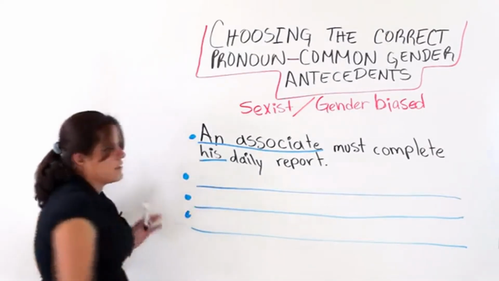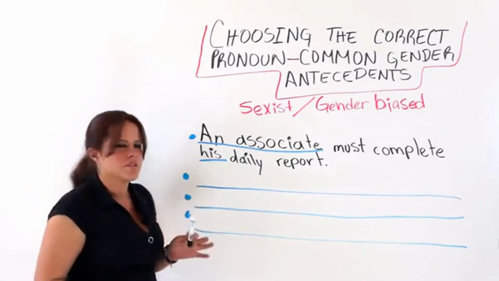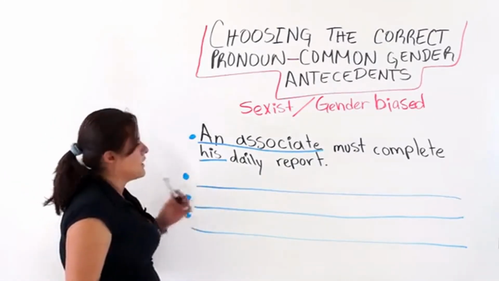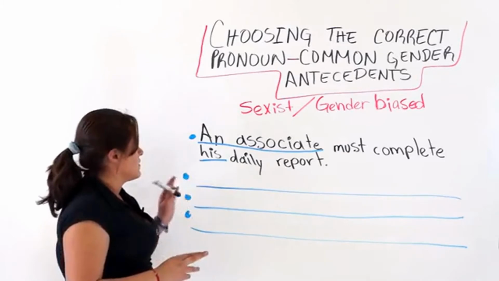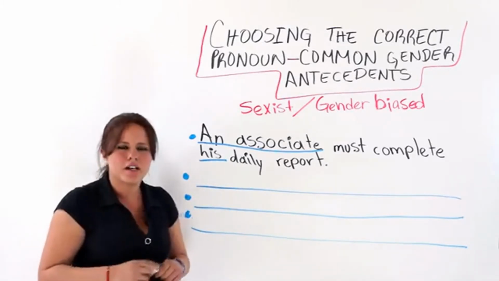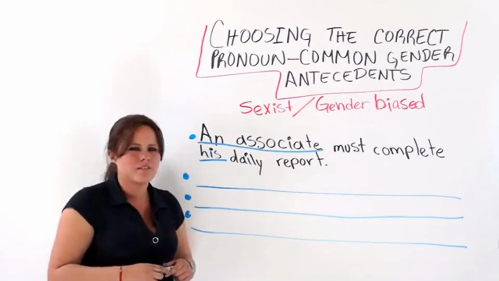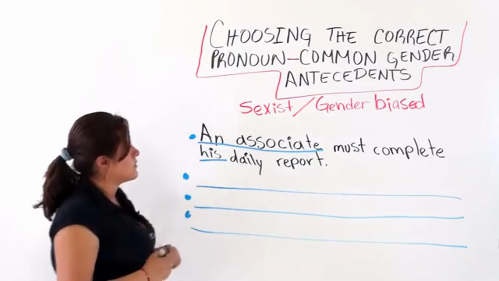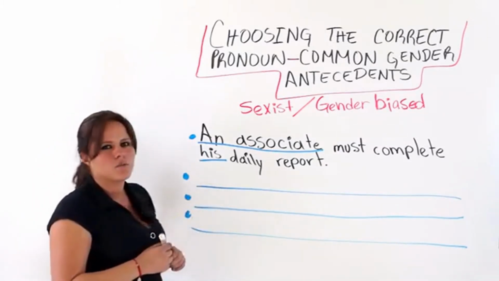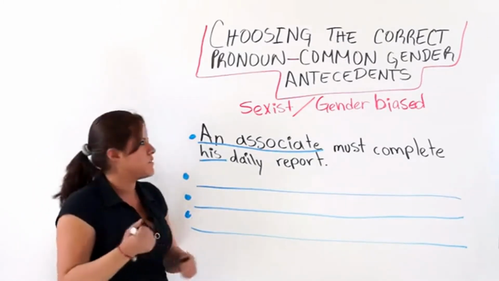So, to correct that very common mistake, we have 3 options. You are going to help me figure out which options we have. It says an associate must complete his daily report. How could we change that